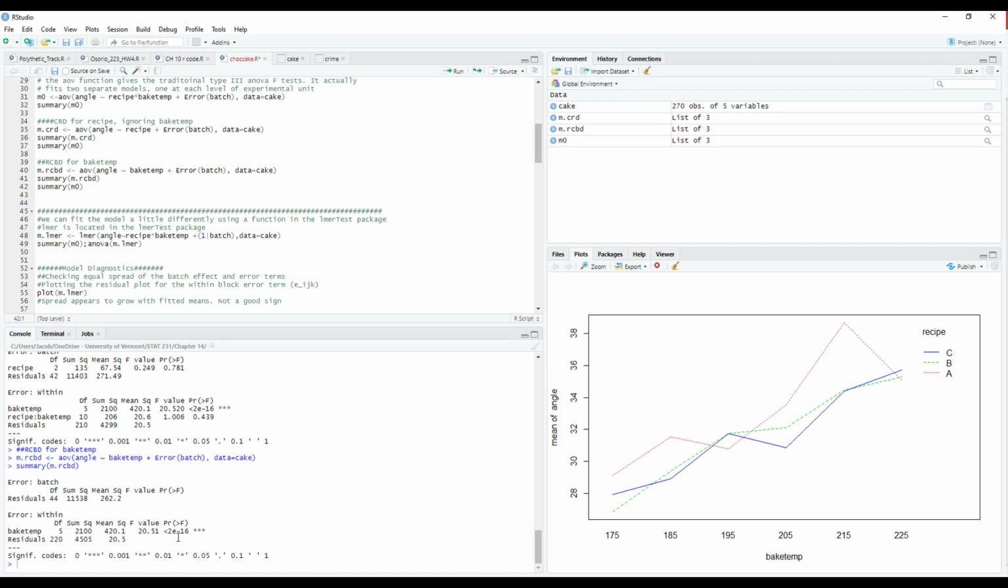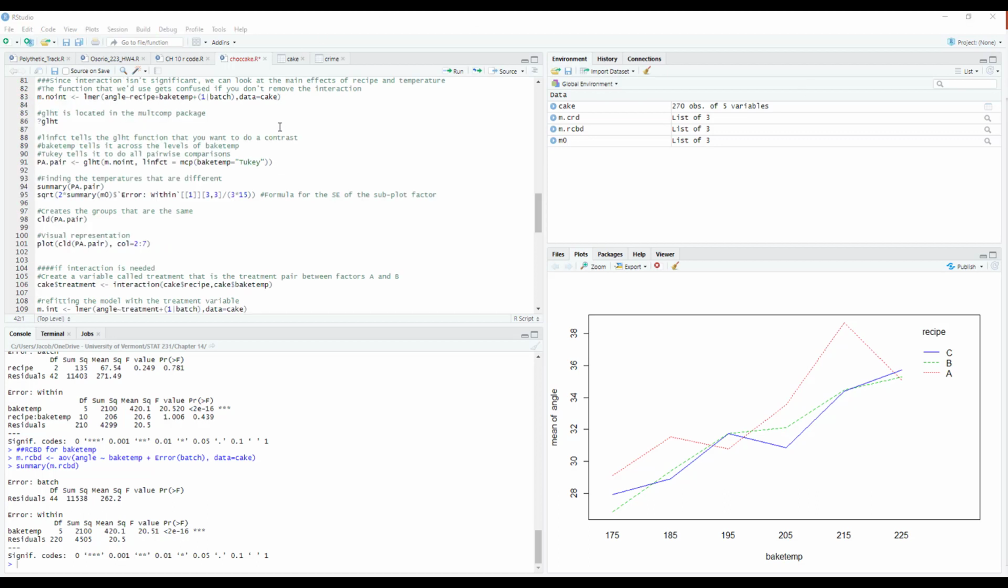The first one is usually a completely randomized design. The second one is usually a randomized complete block design. Skipping over the model diagnostics, what we can do next is check to see where the differences in baking temperatures lie. Since there's not an interaction term, we'll refit the model